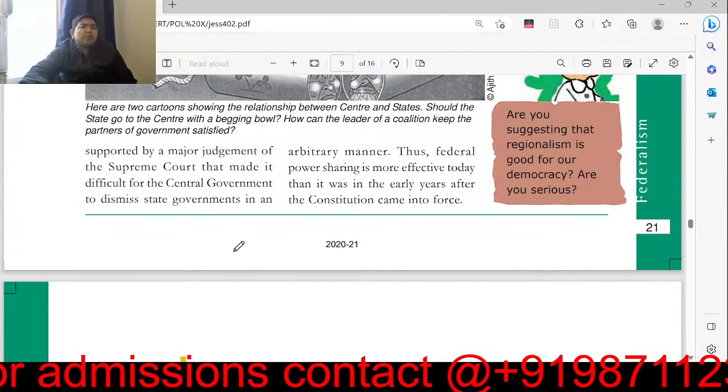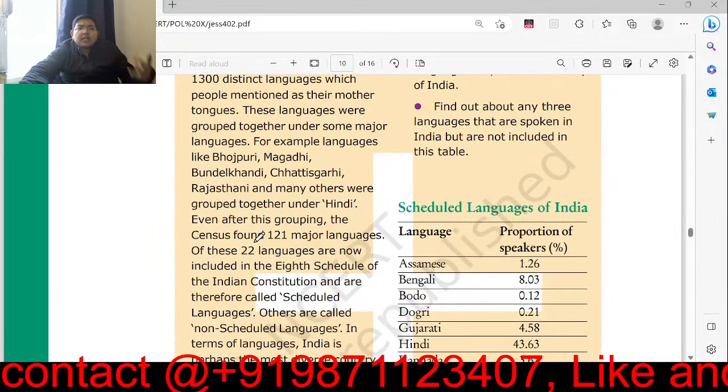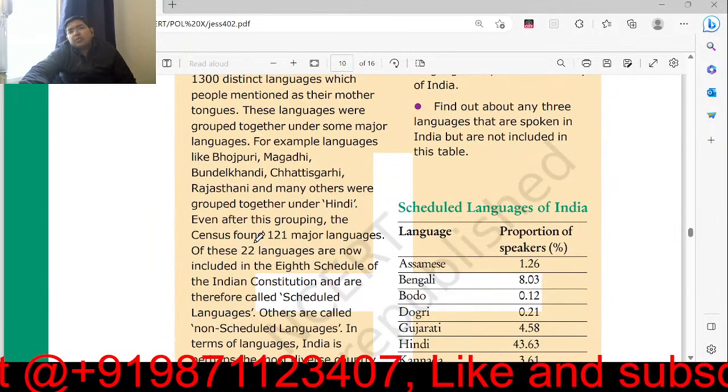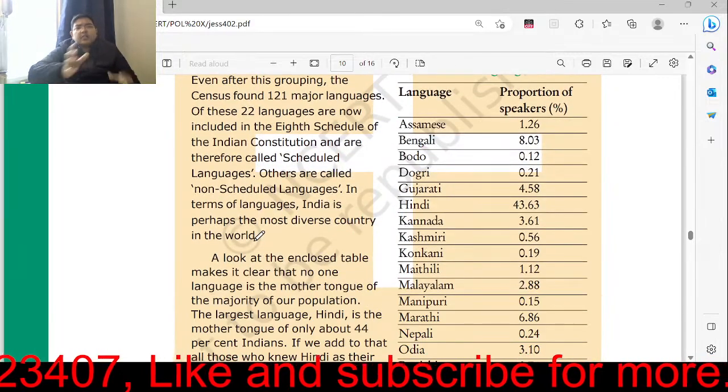So that is the beauty of our constitutional principles. So there is a task for you if you want to learn the linguistic diversity of India. You can go through it, and there is a separate